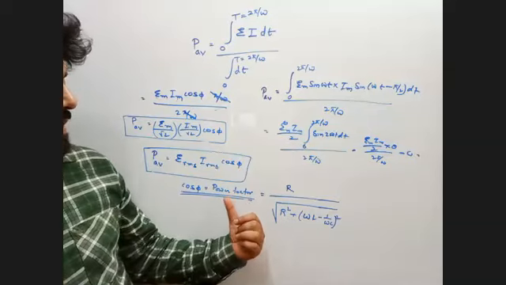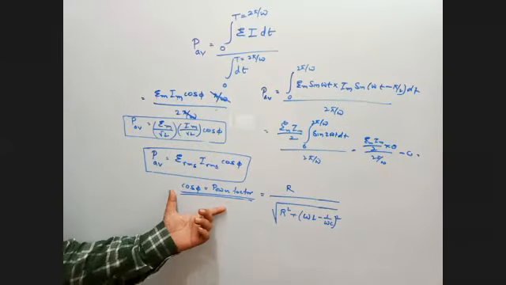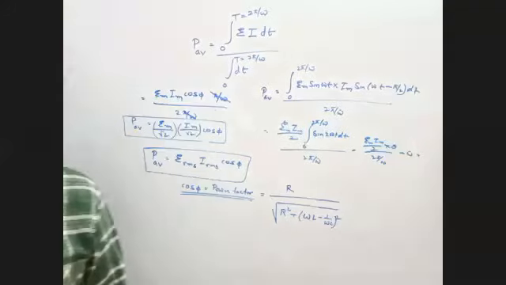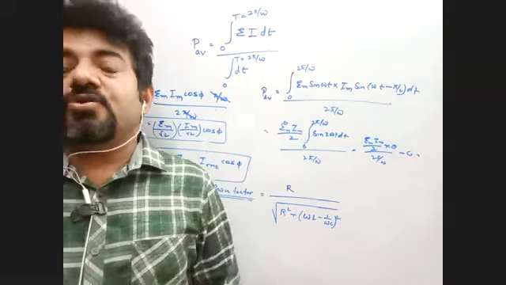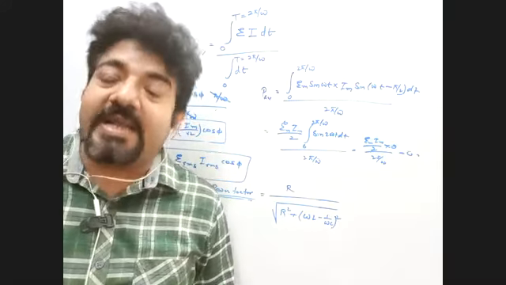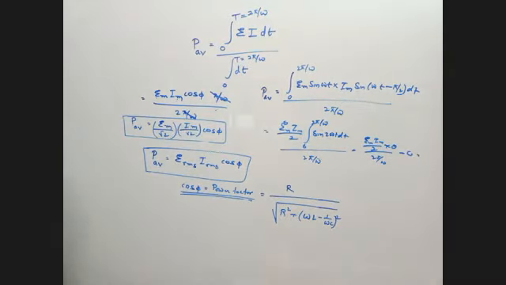Second one is power factor. Don't confuse with this power factor. Sometimes the student gets the value of cos phi as 1, and then writes the power factor is phi equals 0 degree. So don't write in that way. If cos phi is 1, then the power factor is 1, because power factor is a value, not the angle. If you write phi equals 0, it means you are saying the phase angle is 0, not the power factor, but they ask you power factor.